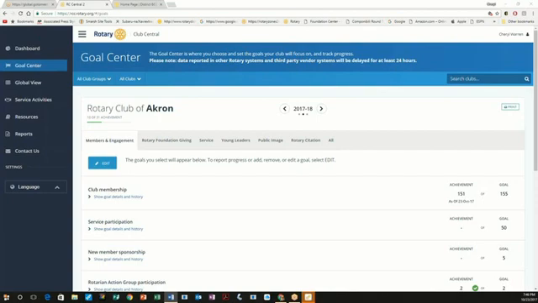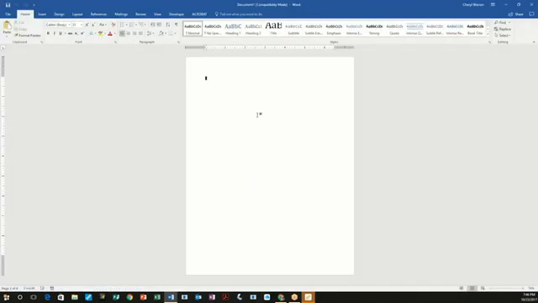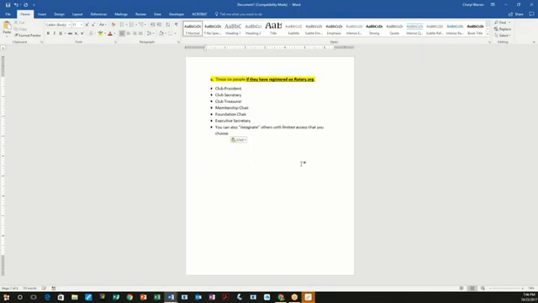So what we're trying to do in our club is once a quarter, sit down and see if there's anything that can be updated within that quarter. That could be things like service activities and projects, fundraisers, the goals themselves. So you don't have to wait till the end of the Rotary year to try to get those things in and accomplished. Chip away at them if you can. It's going to save you a ton of time at the end, and I know that from firsthand experience.